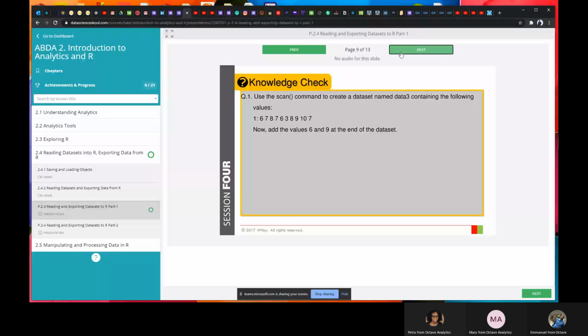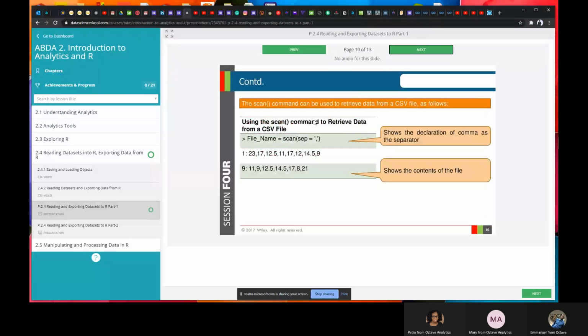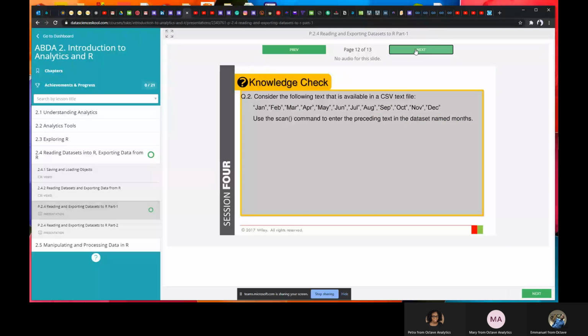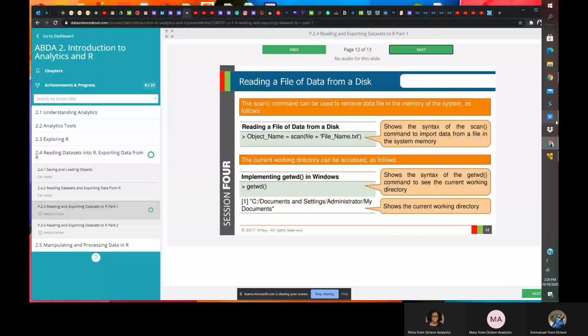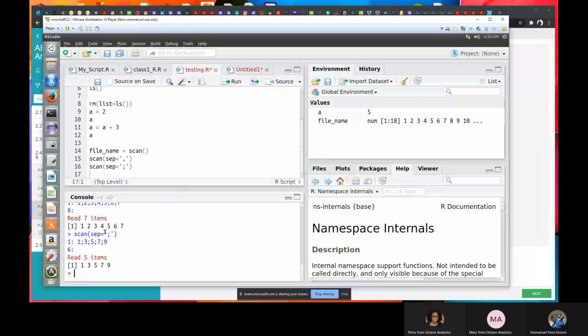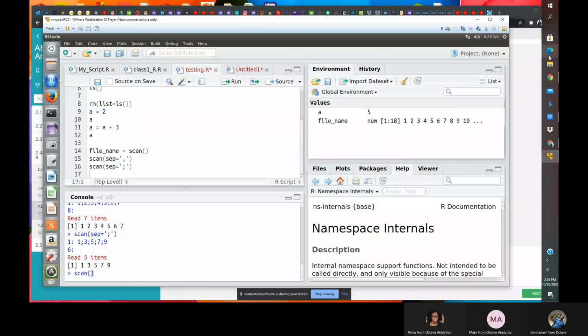So what we're trying to say is, if I want to enter data using the clipboard, let me go back to scan. Let me go to Notepad, for example.